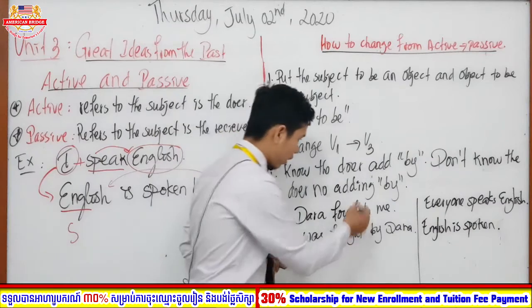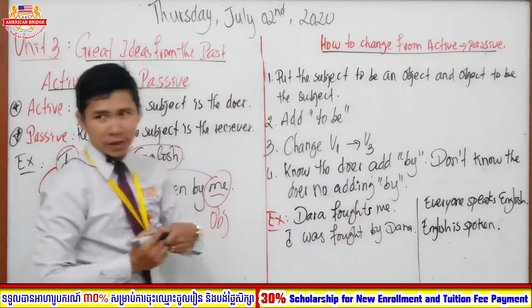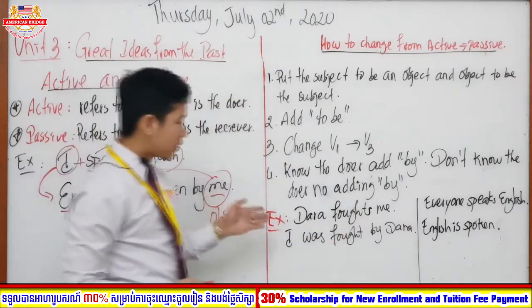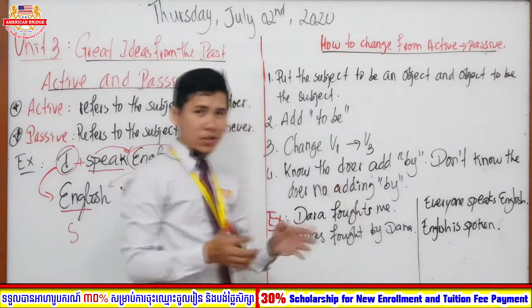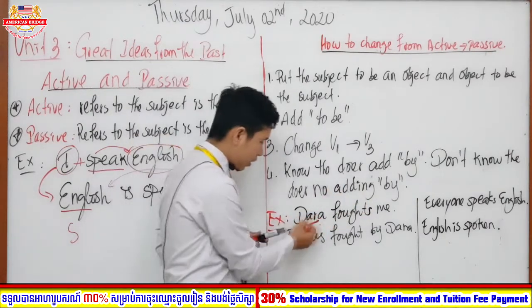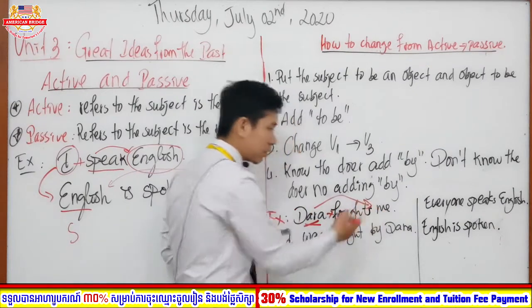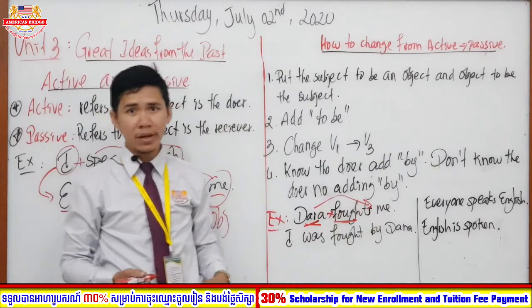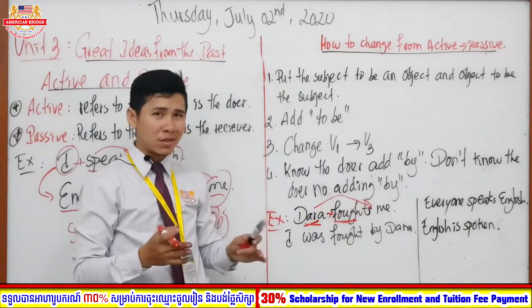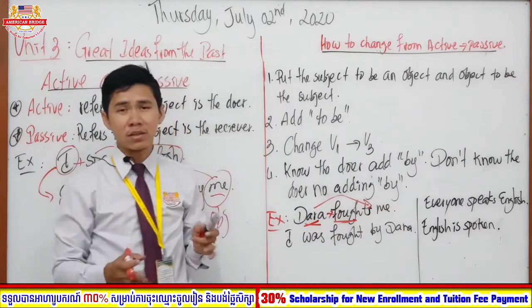First, forget the S. Okay, right. So in here you can see that Dara fights me. This one is talking about Dara and fight. Both of these words have an activity toward the object me. If we want to change this sentence to be a passive sentence, the first thing is: